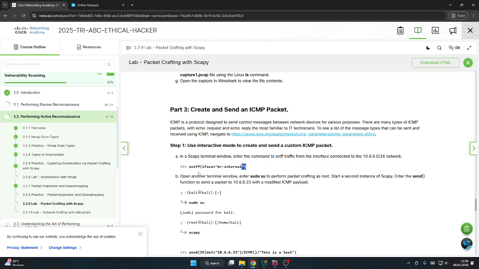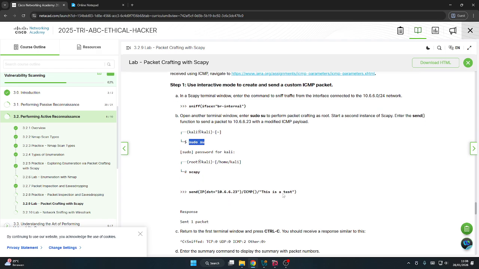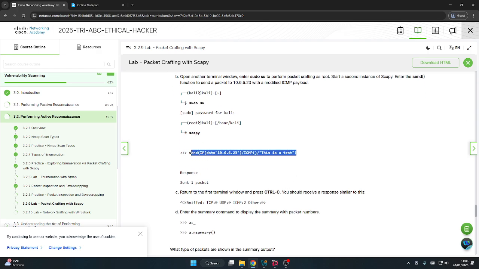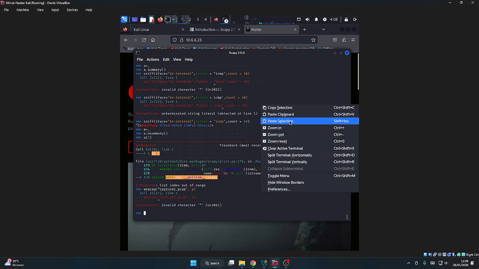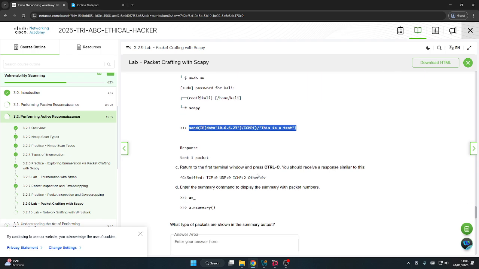It's not functional in our Linux, but we can go next. Send one packet and resume the terminal window and press Ctrl+C, you should receive a response similar to this.